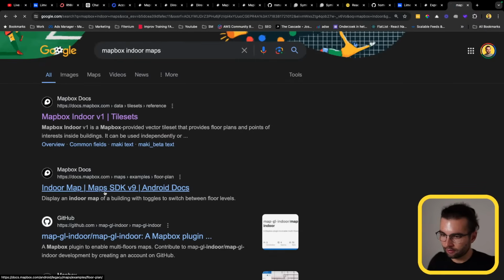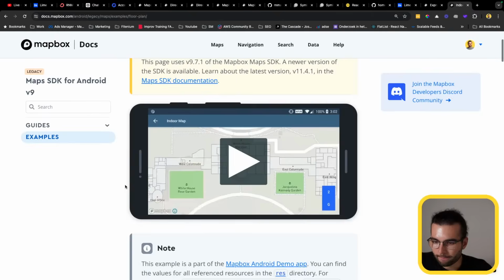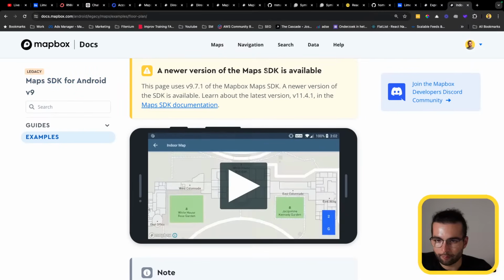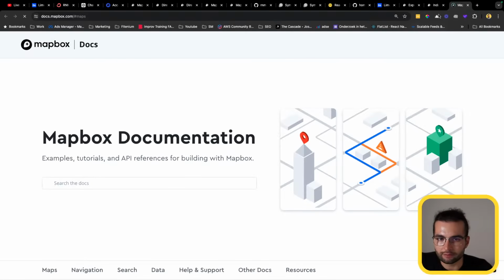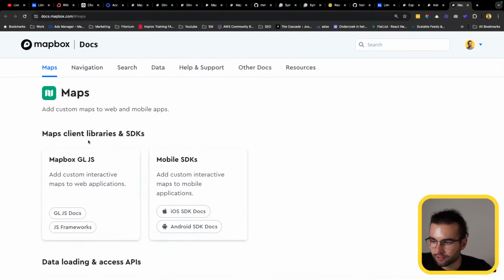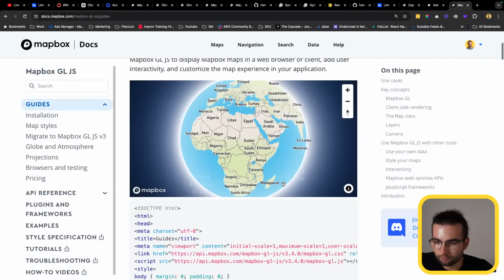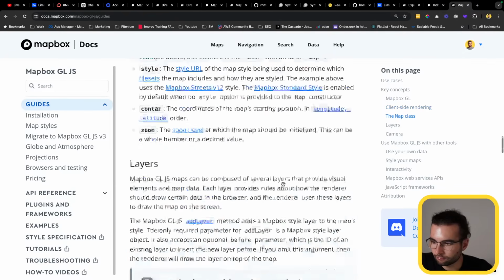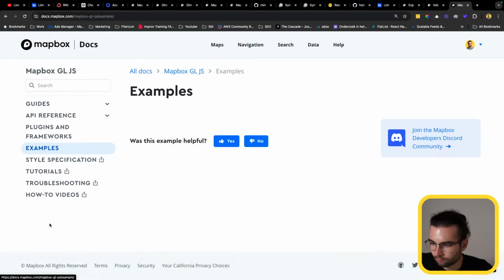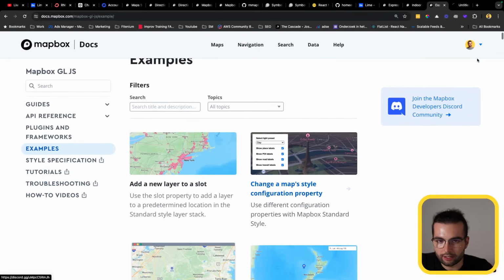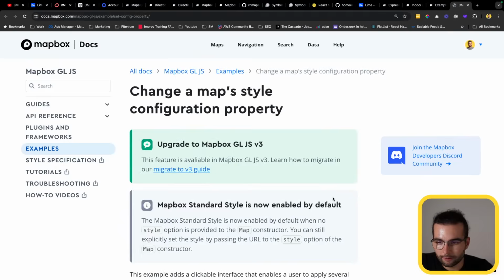No, the new version is way better. This is legacy. Maps. I don't know. Let's just go for this GL JS docs. Examples. Oh, here is something about